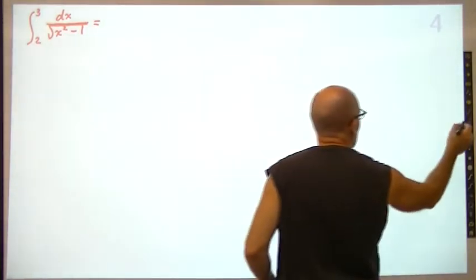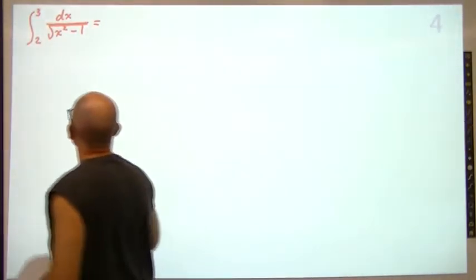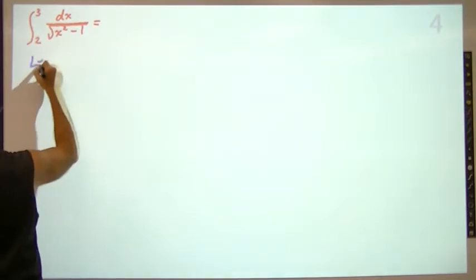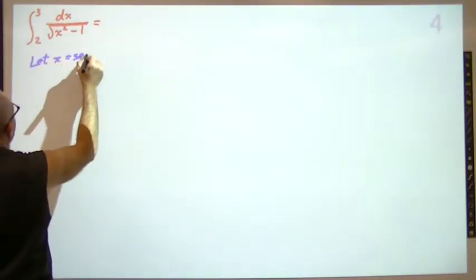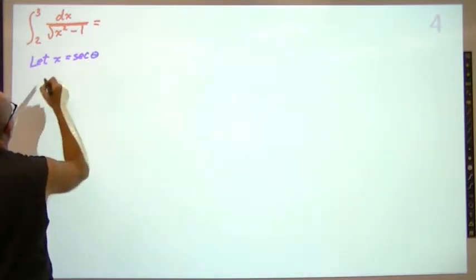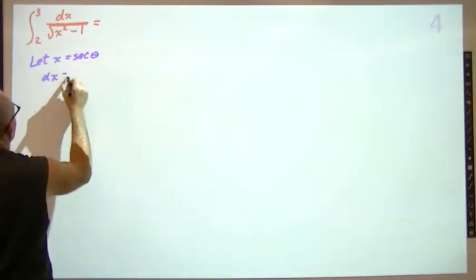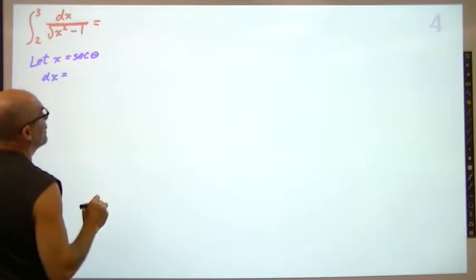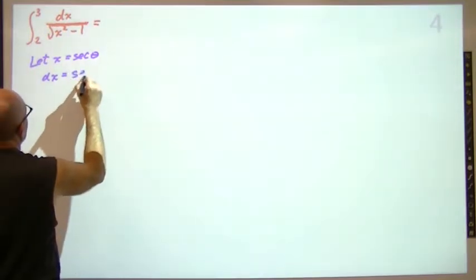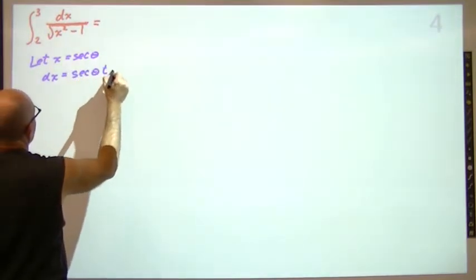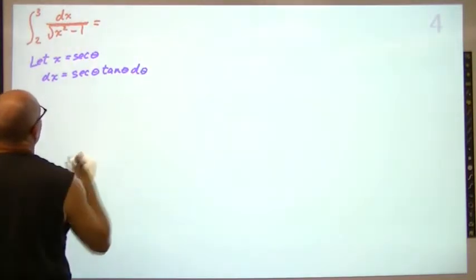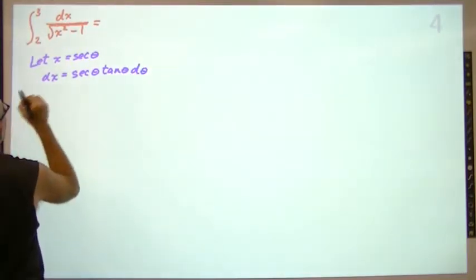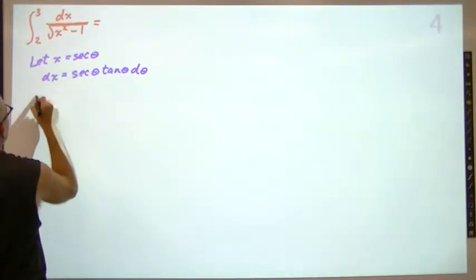So, we let x equal secant theta, and that means dx equals the derivative of secant theta, which is secant theta tangent theta d theta, and the square root